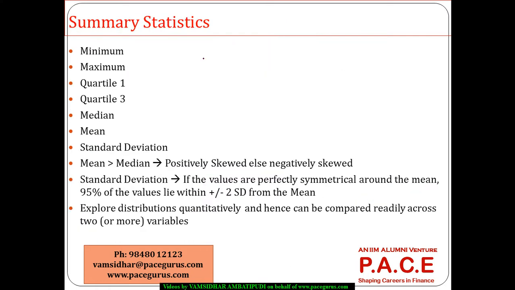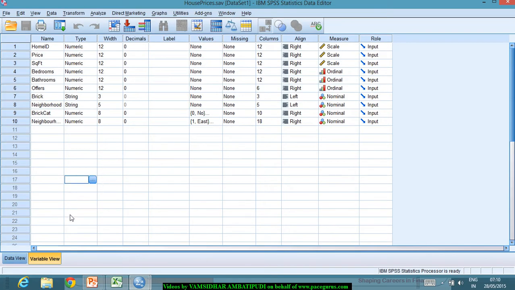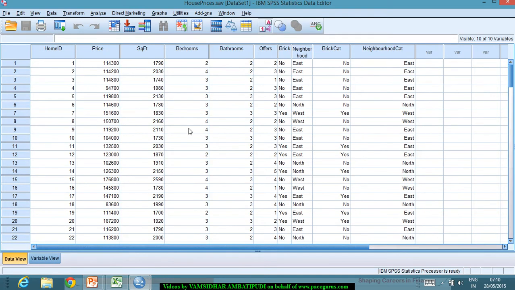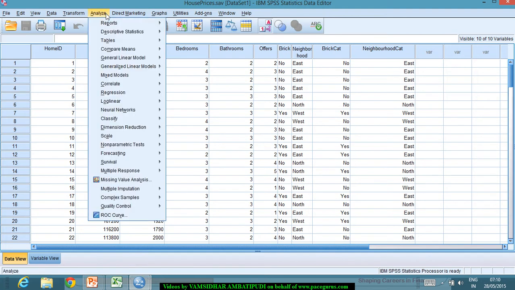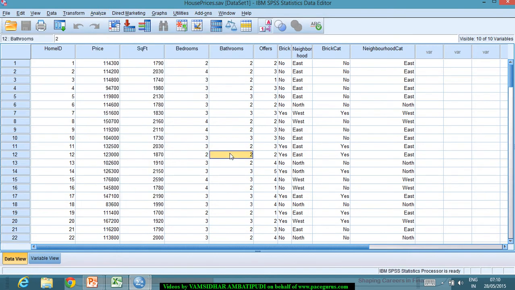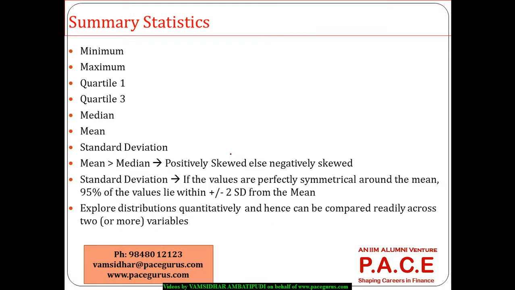Now, the first thing we'll try to look at is coming out with the summary statistics. Okay, first let me execute the summary statistics in SPSS. Right, so here I'll go to this Analyze. In Descriptive Statistics, I have something called Frequencies. So I'll use that for doing the summary statistics, but let me tell you, the summary statistics are more and more appropriate only for scale variables, right? Only for the numerical variables,